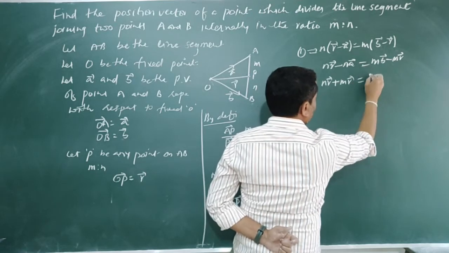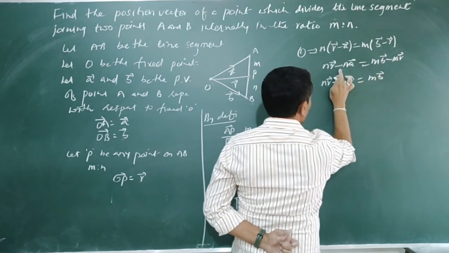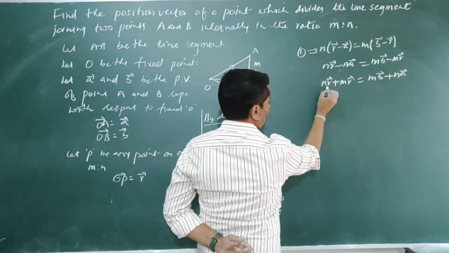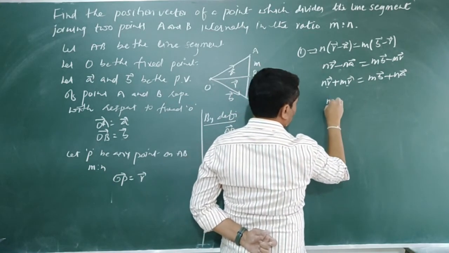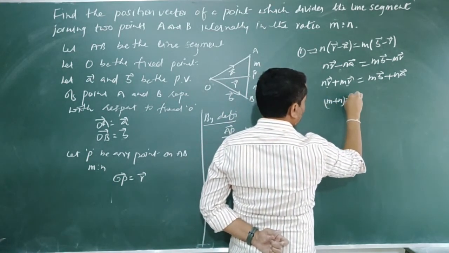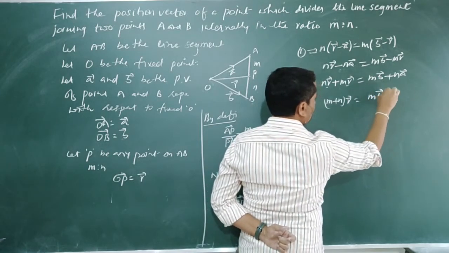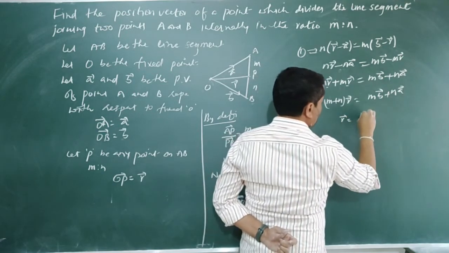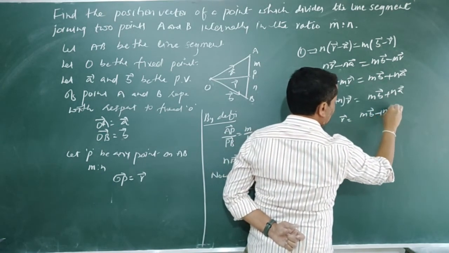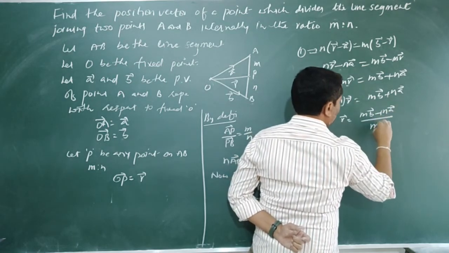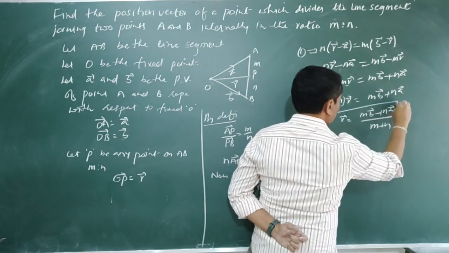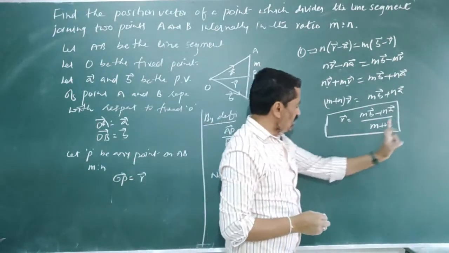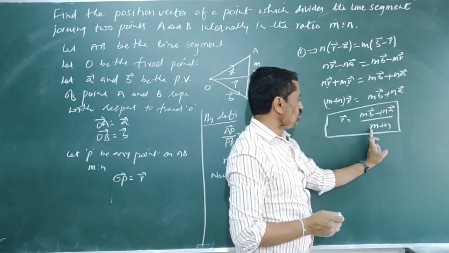Again that is equal to m into B bar minus n into A bar, which becomes plus n into A bar. Again taking R bar common, that is (m plus n) of R bar is equal to m into B bar plus n into A bar. Therefore R bar is equal to (m into B bar plus n into A bar) divided by (m plus n), which is the position vector of a point which divides the line segment in the ratio m is to n